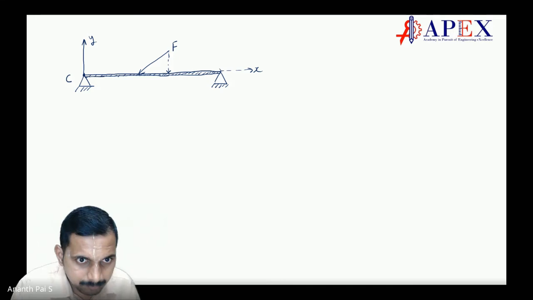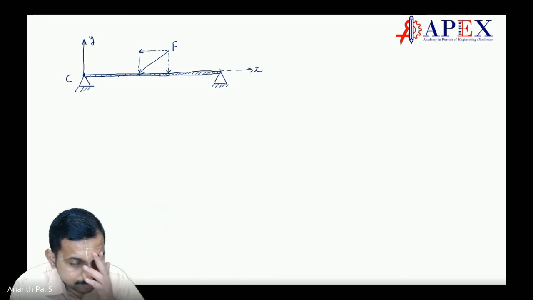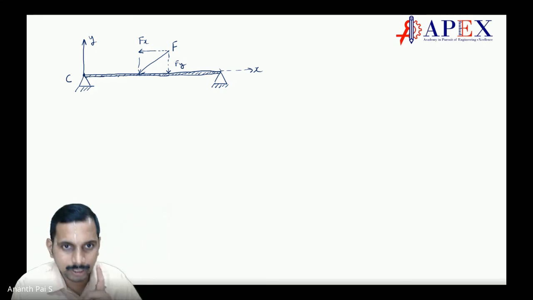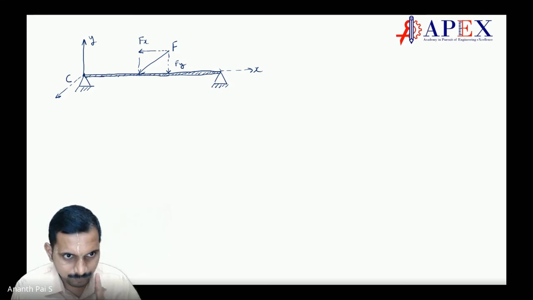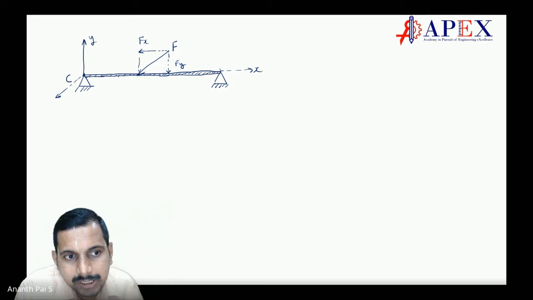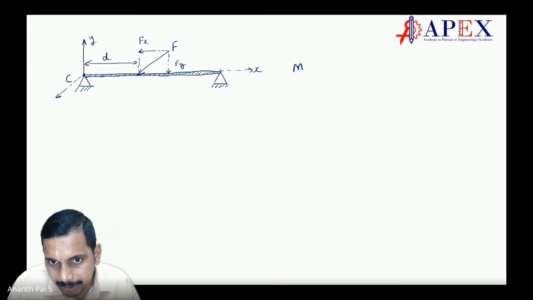So on this beam, there is a force here, and one component is going like this. Two components are there, correct? So this is the Fx component and this is the Fy component. Now, if I want to find the moment about point C, what will I do? I will see what the distance is here. Say this is D. What is D? It is Di. So what is the moment about point C?